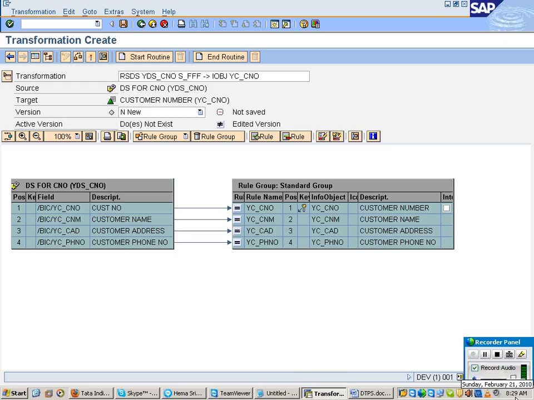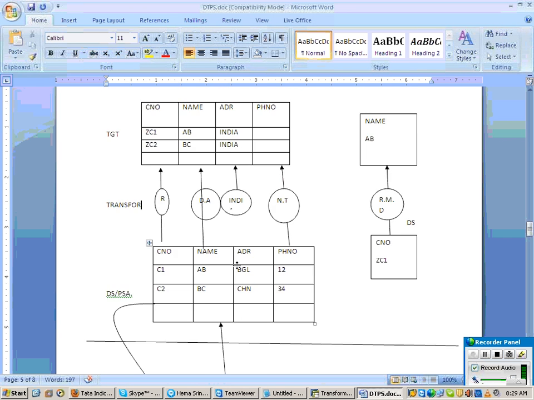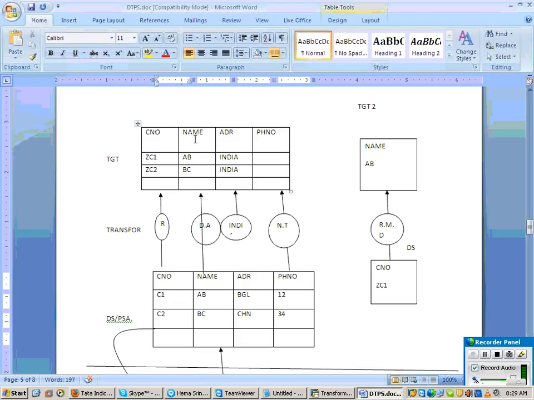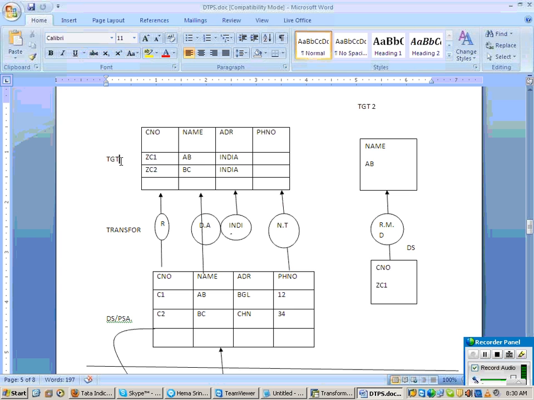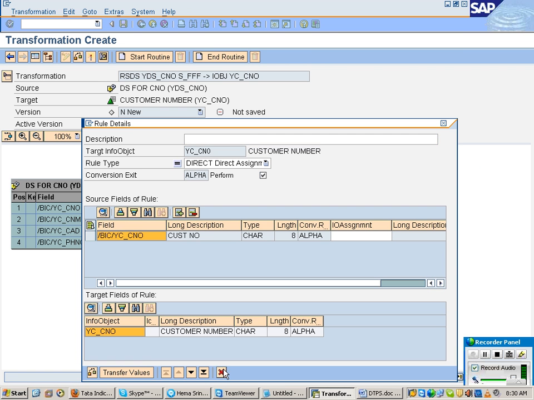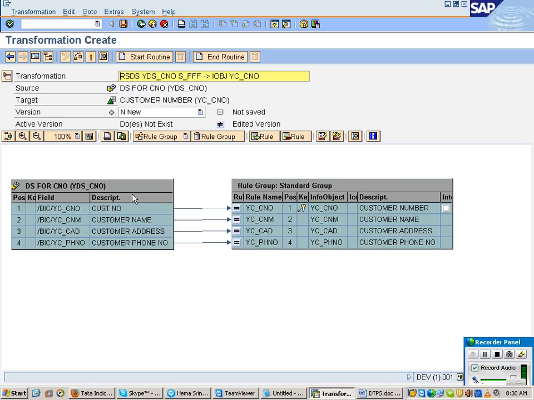What type of transformation is this? Direct assignment. In this figure I have represented it vertically, this is my data source, this is my target. But here it is horizontal. Don't get confused. So how is your data going? From customer number of the data source to customer number of the target. One second. Hold on.